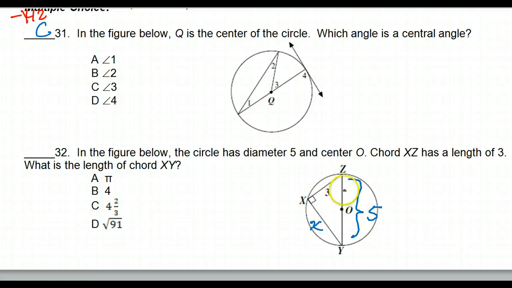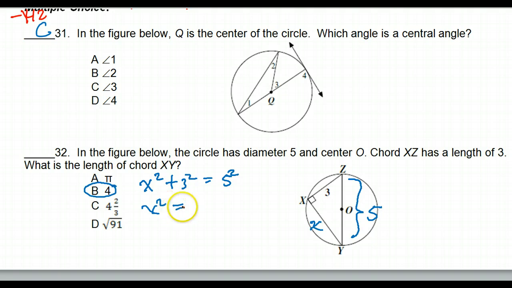Alright, just a straightforward Pythagorean theorem, so let's do it. x squared plus 3 squared is equal to 5 squared. So that's going to be x squared. You know, I already can see it's going to be 4, because it's going to be a 3, 4, 5 triangle, the most famous right triangle in the world. But just to follow through,